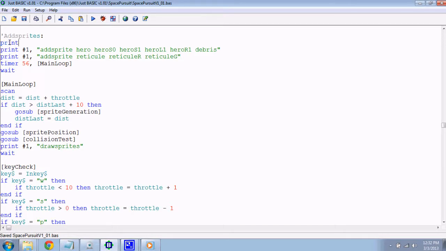Okay, so print number 1, we're going to do something fancy here. In order to make a realistic looking scrolling game, you want to have several different layers of background. And they move at different speeds, and that really gives you a sense of depth. Now, I know in outer space the stars are going to be so far away that you're not going to see any movement, but this is just a game, so suspend disbelief, please. Alright, so I'm going to add 2 layers of stars. So,